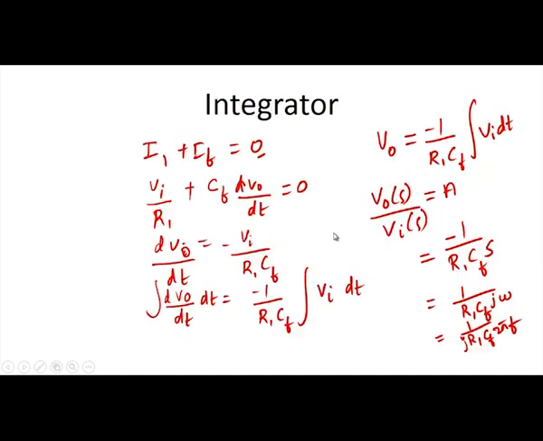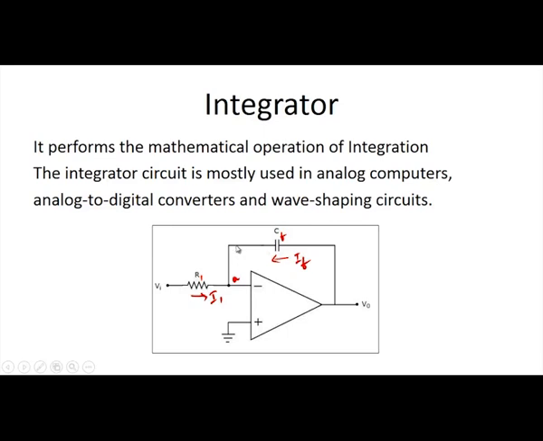And if the frequency is 0, then what happens to the capacitor is that, for the lower frequency, the capacitor impedance will be very high. So there is no feedback path between the output and the input. There is no feedback, so it is acting as an open loop configuration, and in open loop configuration we know that, according to the